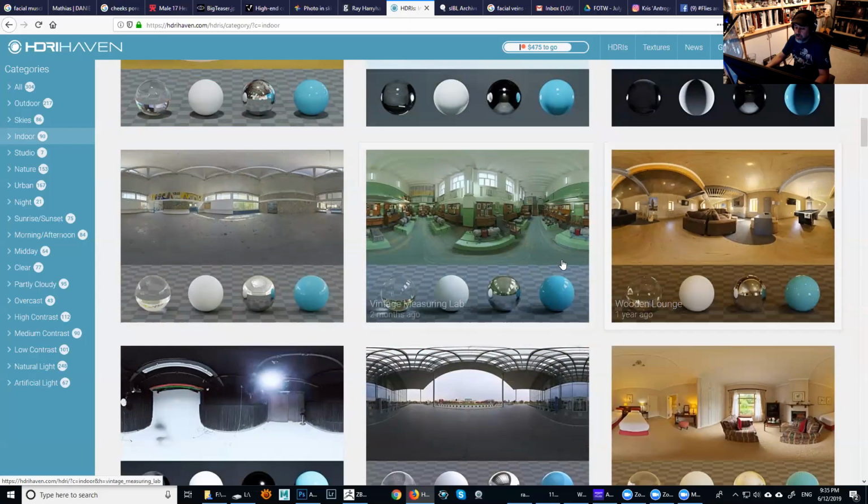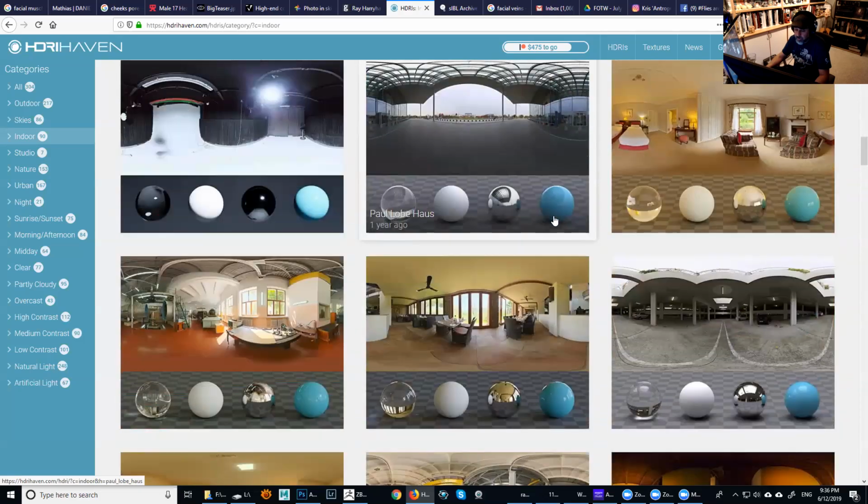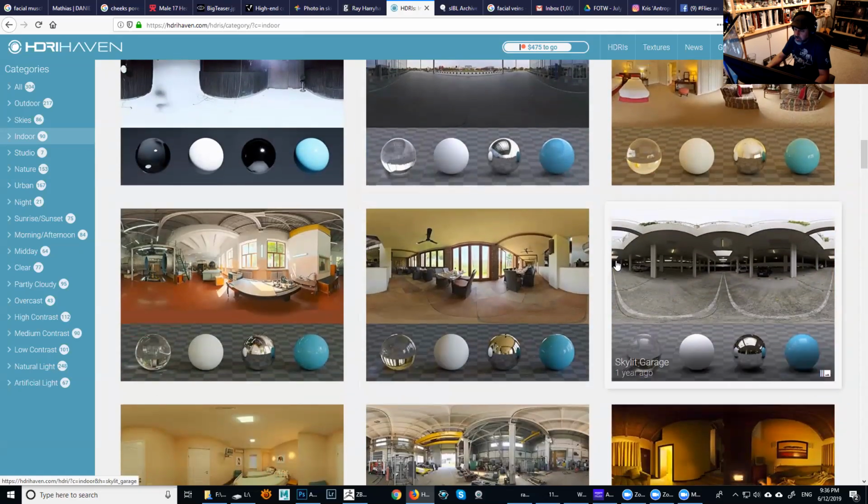Sometimes you look at the picture and you think, oh, this is too yellow, it's going to turn out this and that. And then you render your stuff and it looks really cool. Or this one here, for example, you think it's going to be completely green when I render. Of course you're going to get some green reflections, but the quality of the lighting is really good. It's like daylight from the top, with very high windows. You get nice shadows underneath the nose and the eyebrows, for example, instead of something completely flat. This one is a great one. It's like a garage with the open sky.